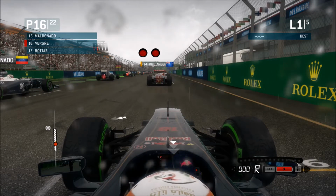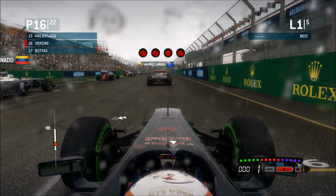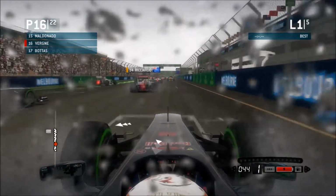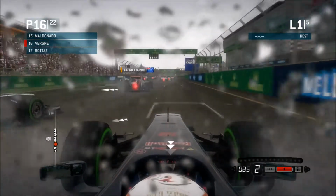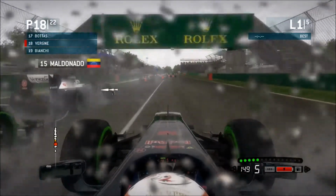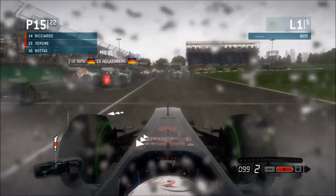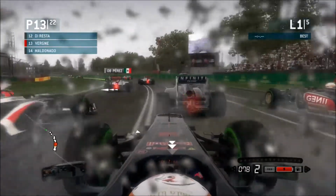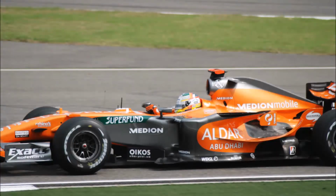SmoothRacing here, back with a brand new video, and this week we've got another top 5, and today is our top 5 favourite F1 liveries of all time. And of course these are just my personal favourites due to just the livery alone and not the actual shape of the car or any of the drivers who drove that car. And we'll get on then with the countdown, and at number 5 we've gone with the 2007 Spyker, driven by